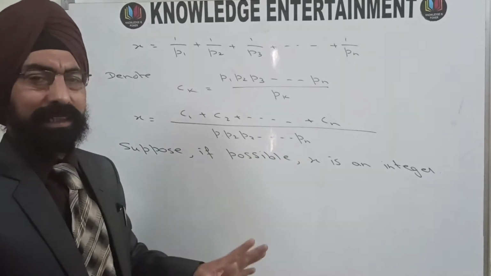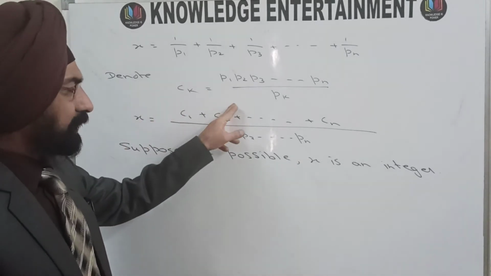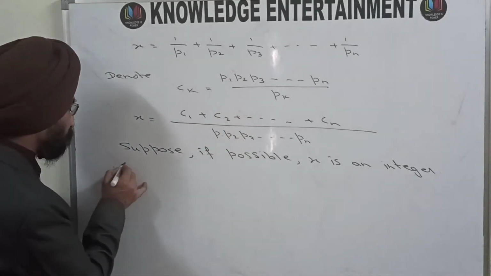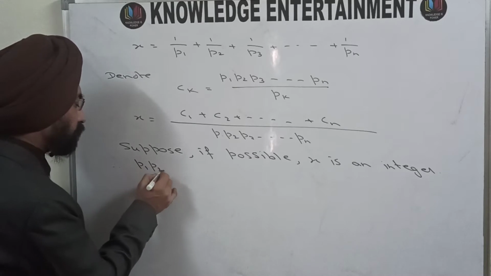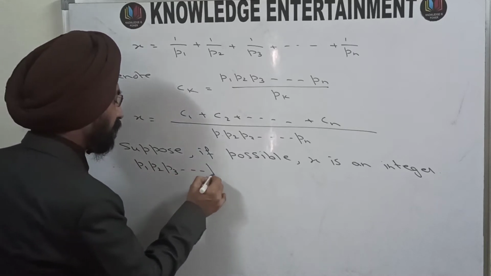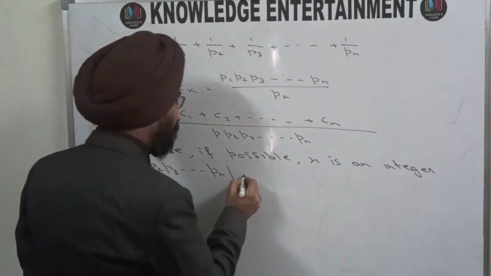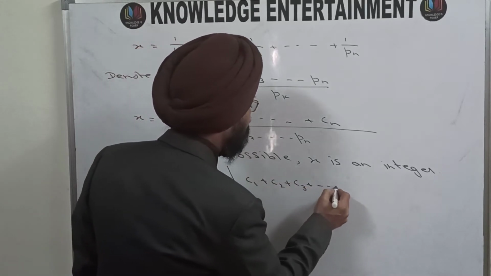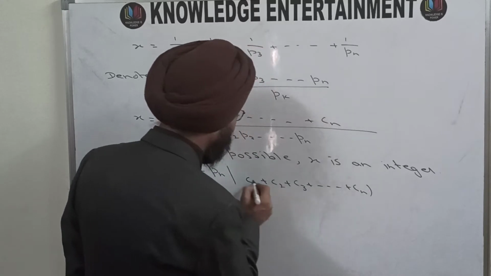So suppose x is an integer. X is an integer, that means this quantity must be divisible by this. So therefore this P1, P2, P3, Pn must divide C1 plus C2 plus C3 plus and so on Cn,